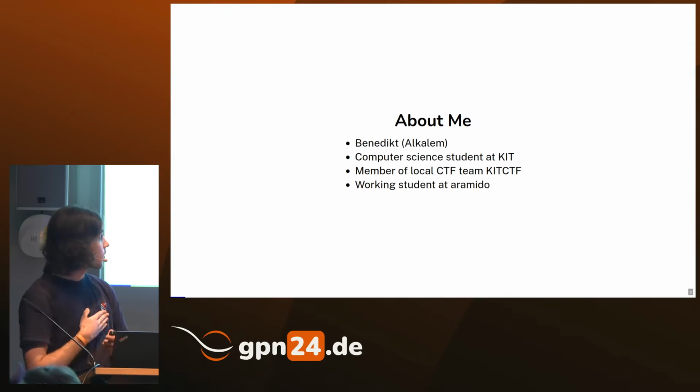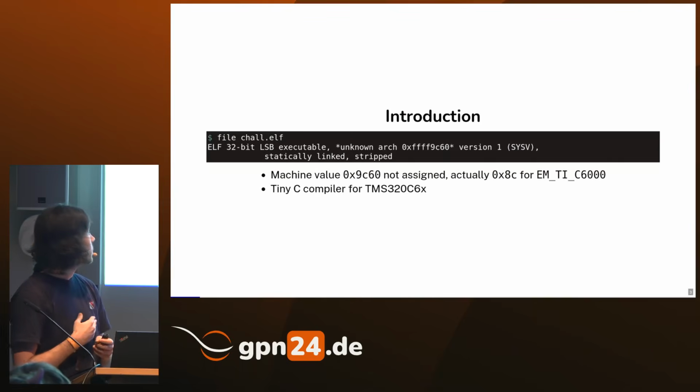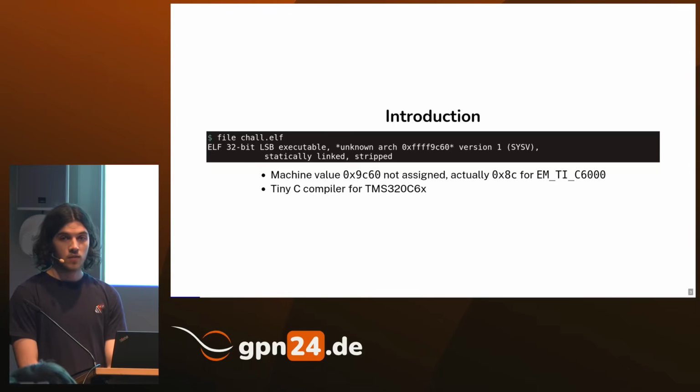And so, given a binary that I didn't know, I tried to find more information about it. And file is usually a good starting point to get this information, but in this case, it was missing the CPU architecture in the middle where it says unknown arc. Usually these are assigned machine values that say which CPU we are dealing with, and this one was unknown. But the value is one we can search for, and it just turns out that it's a rarely used and very old